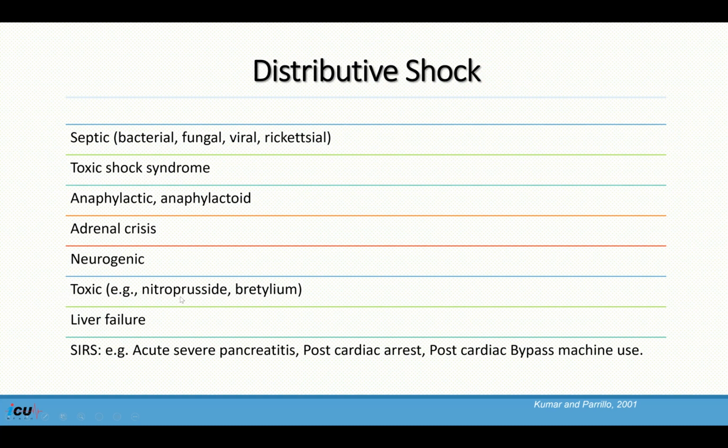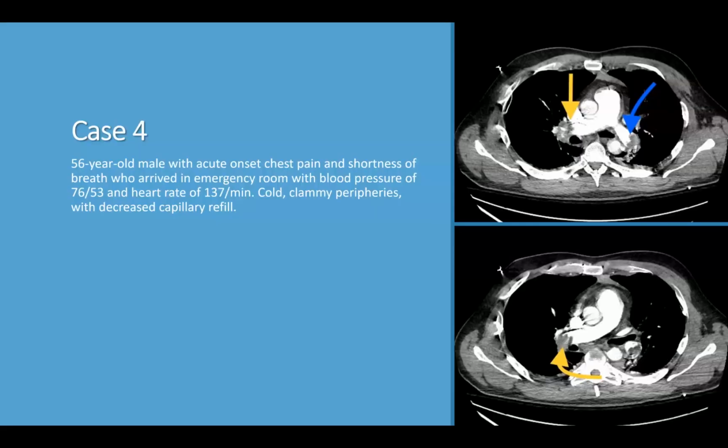Toxic distributive shocks, such as from nitroprusside or bretylium, and liver failure, or SIRS with acute severe pancreatitis, rejection of transplant, post-cardiac arrest, post-cardiac bypass machine, and other conditions. The last case that we have is a